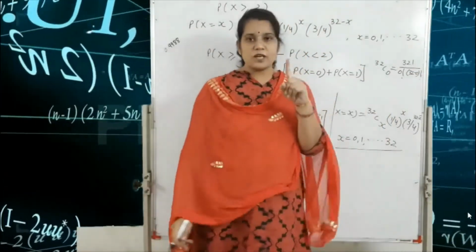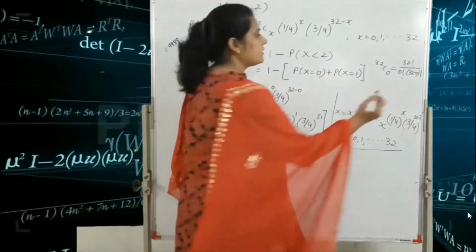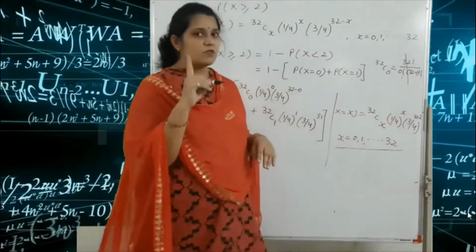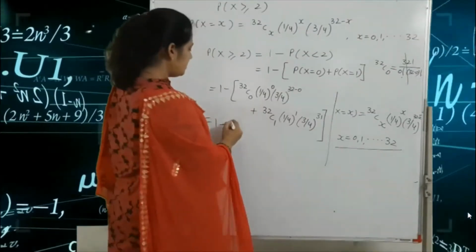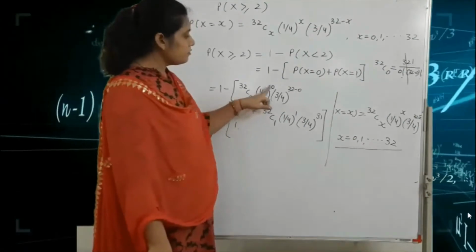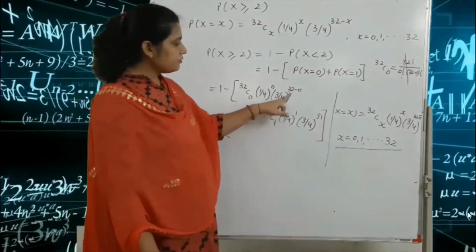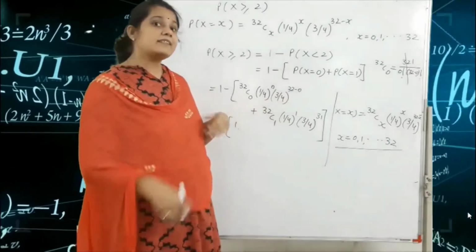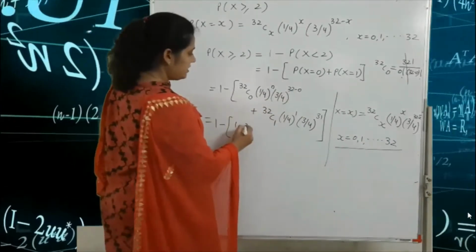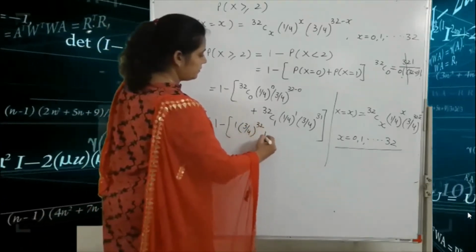Factorial 0 is 1, and 32 and 32 cancel, so we get 1. So 1 minus 1 times (1/4)^0, which is 1, times (3/4)^(32 - 0), that means (3/4)^32, plus